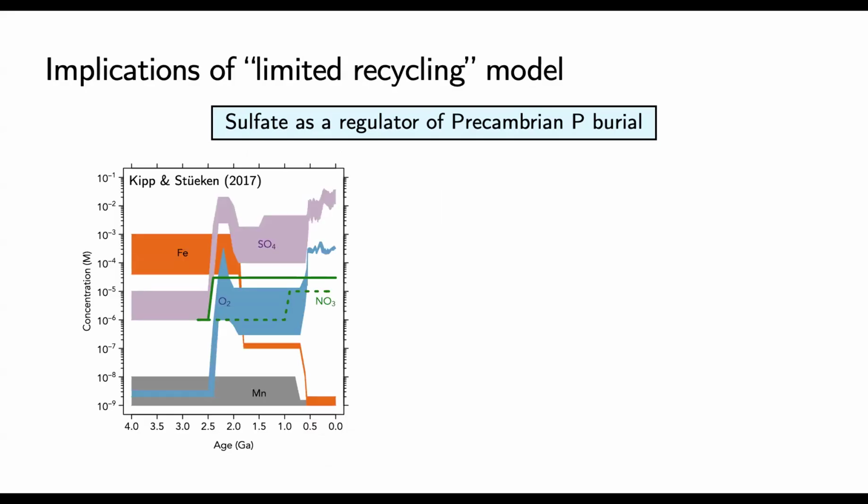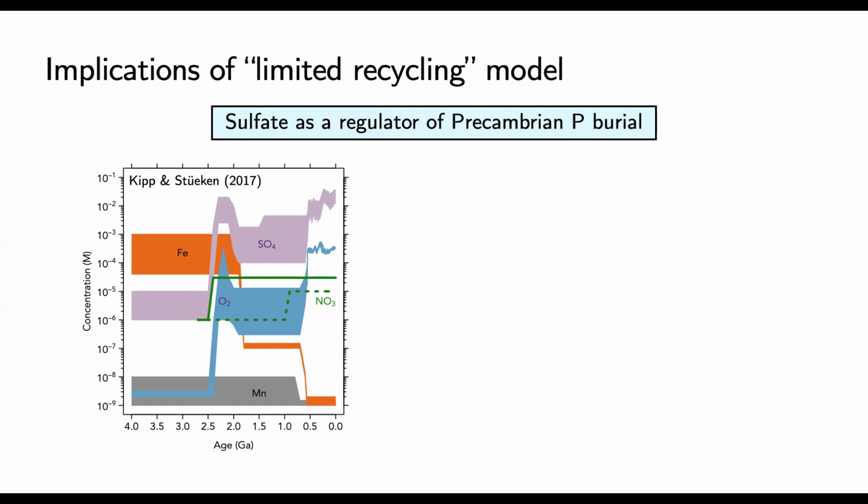And so, like I've been saying throughout the talk, we think there's a scarcity of oxidants, not just O2, but of all oxidizing power in Precambrian seawater, especially in the Archean. Here is a compilation that we put together some years ago of the main electron acceptors used for biomass recycling, for remineralization, and their abundance estimated through time from a variety of studies.